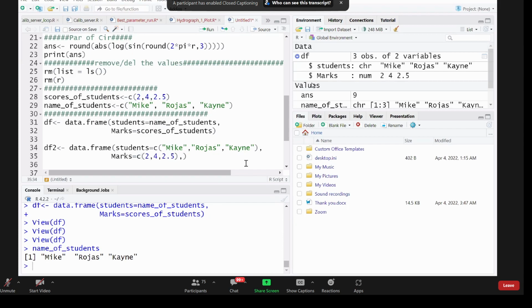You can say marks in chemistry, and then marks in math, equals to